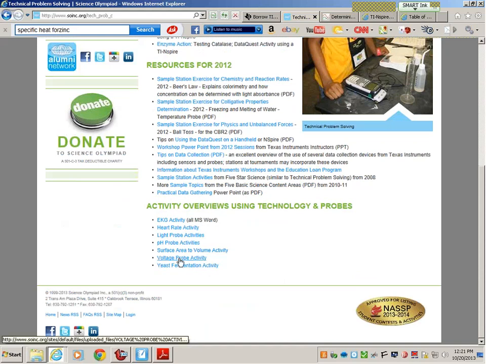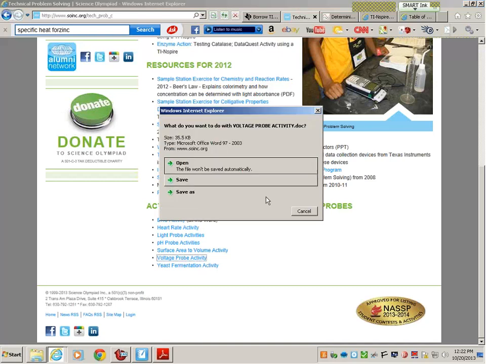Okay. This voltage probe activity, I didn't even know it was here, but this is a real good one to practice for this year. One of the problems I have, of course, is I try to come up with different levels of events for invitationals that are different from regionals, which are different from states, and then different from nationals. But each of those events staying within the flavor of the description of the station and the probes that we're picking. This particular one right here, voltage probe activity, is one that I think would be really kind of,